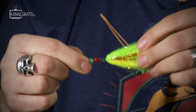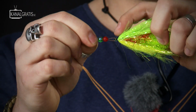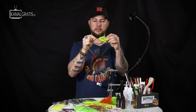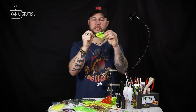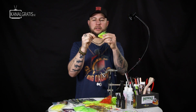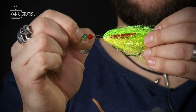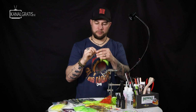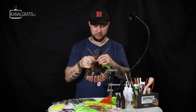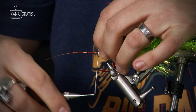Push them on like that, and then the distance in this loop here, it should be slightly bigger than one of these beads. So make sure that this loop here is not too tight, because then it's not going to move nice, and not too big, then it actually can slide up and tangle. So you want to have it just at right size, like that. So make sure this is not twisted. So you tie these two on top of the hook,